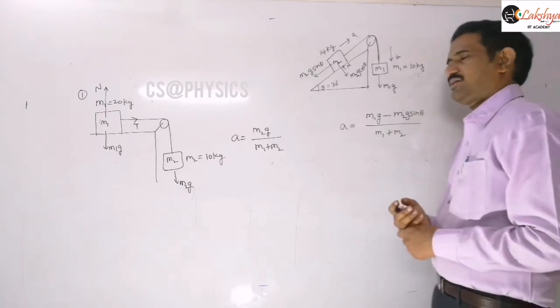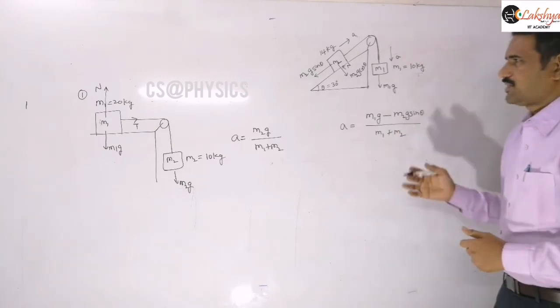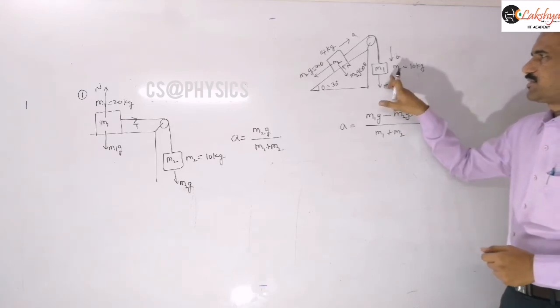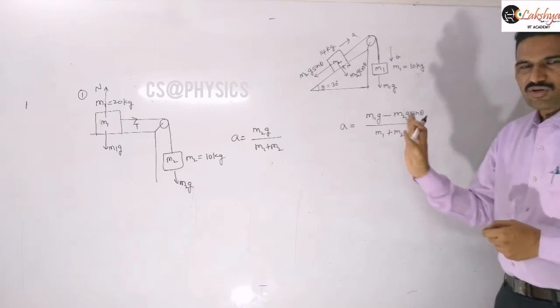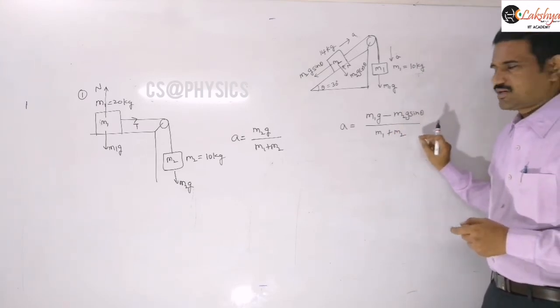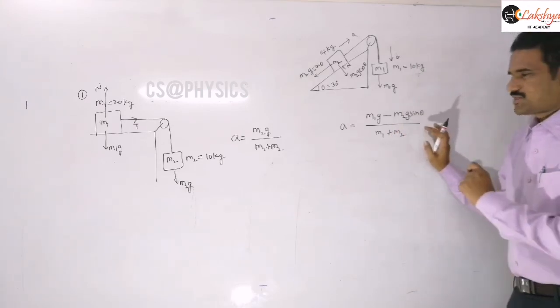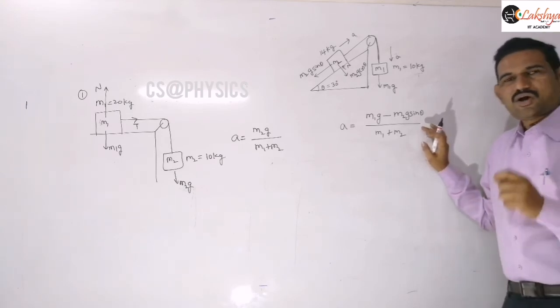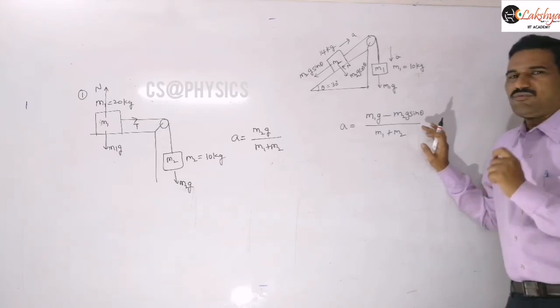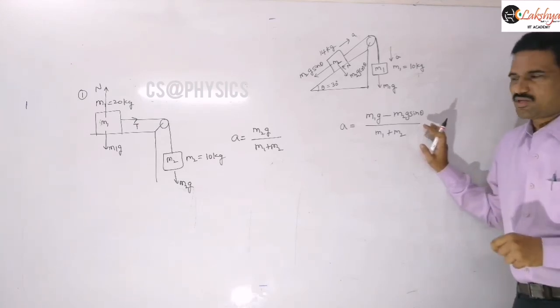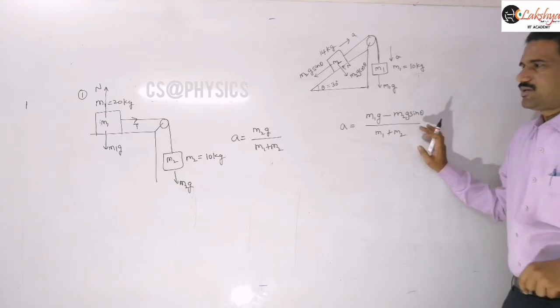So that gives the acceleration of the system, and then by drawing the free body diagram of M1 or M2, you will get the tension. I am not doing that calculation, just explaining how to write the acceleration. This is the acceleration of the system directly. You may also get the same expression by writing the free body diagrams of M1 and M2 and simplifying those two equations, right? This is the direct method I am explaining here.